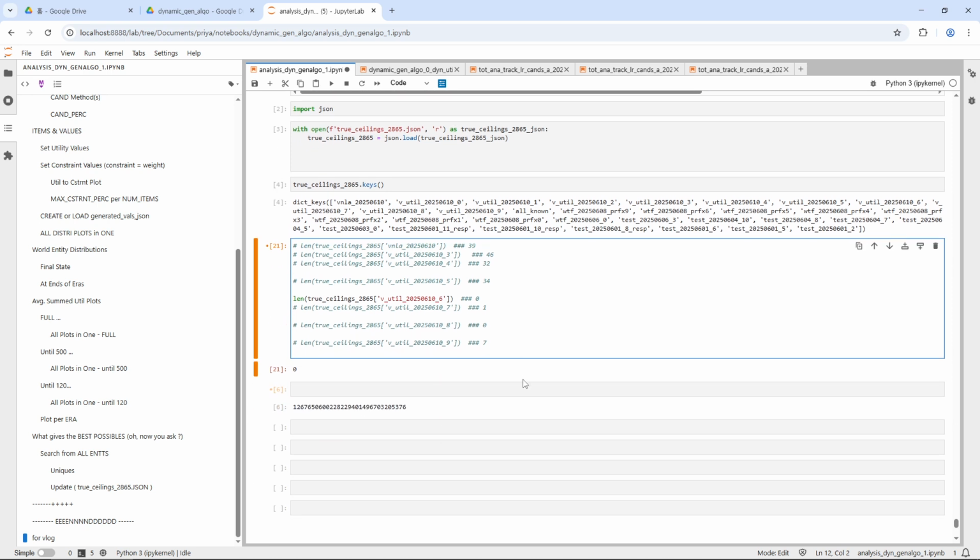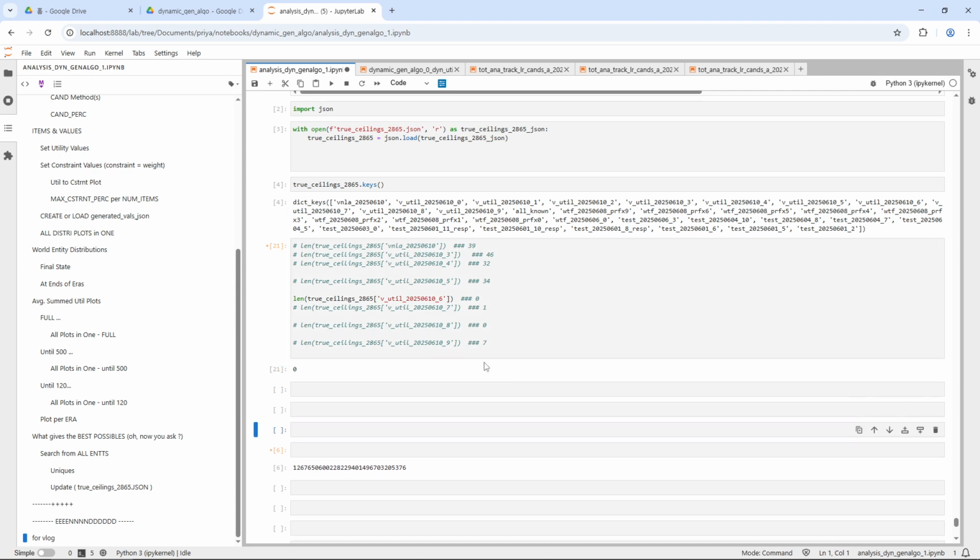And so it would be quite natural to wonder how many unique true ceilings every one of these iterations that I did for the past few weeks have actually given me, right? So let's find out, and you'll see what a terrible